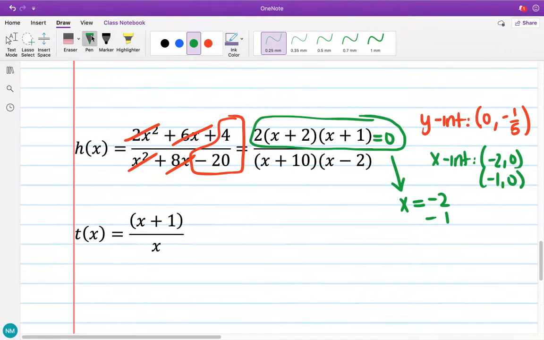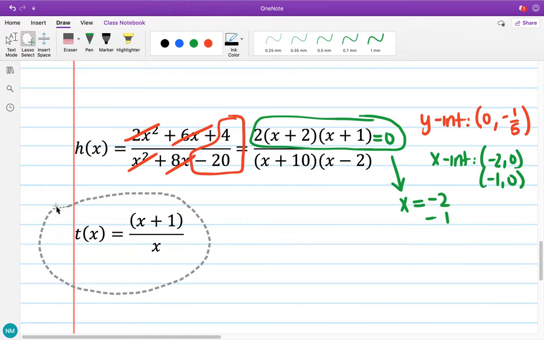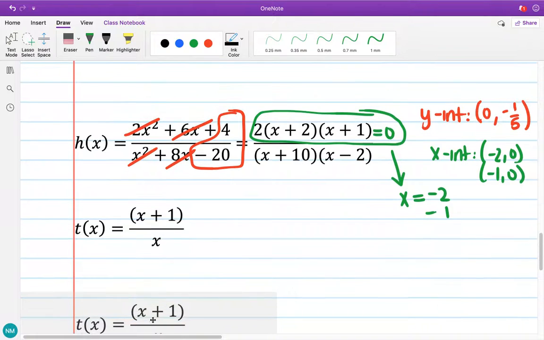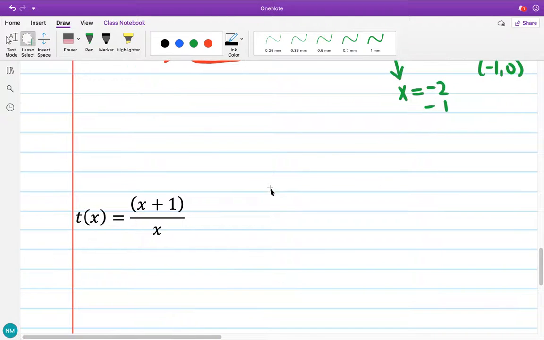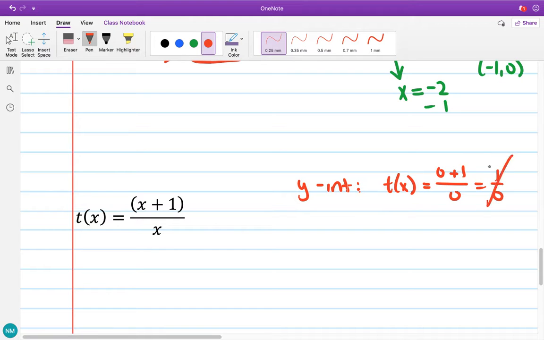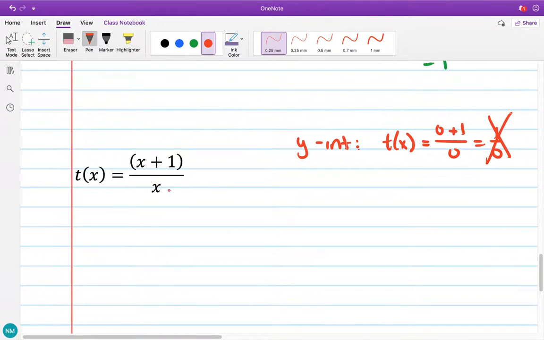And lastly, I just want to emphasize one thing here: what happens if you have something like this? So for my y-intercept, again, we plug in x equals 0. But what's the problem here? Well, if I plug in x equals 0, I get t of x equals 0 plus 1 over 0, which is 1 over 0, which is not possible. So what is x equals 0 in this function? x equals 0 is a vertical asymptote,